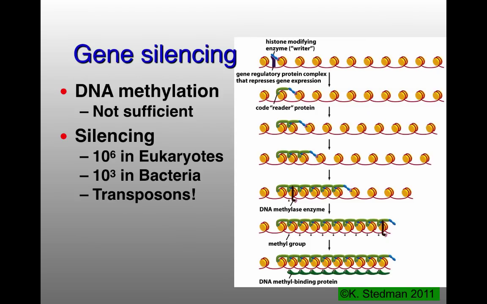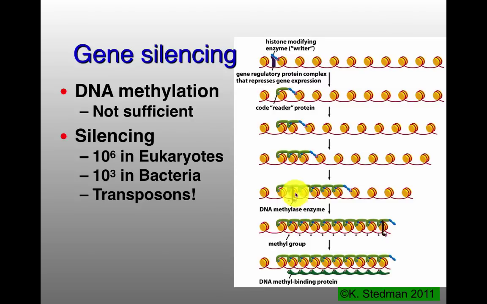Okay, on the other side, we have gene silencing. Also, getting back to what happens with yeast mating type switching. What happens in silenced genes? You have first modification of the histones, usually in terms of methylating those histones. After you have histone methylation, you will have these proteins and the read-writer complexes that will bind to methylated histones and then methylate other histones which are next to them. Now you have a whole stretch of methylated histones.